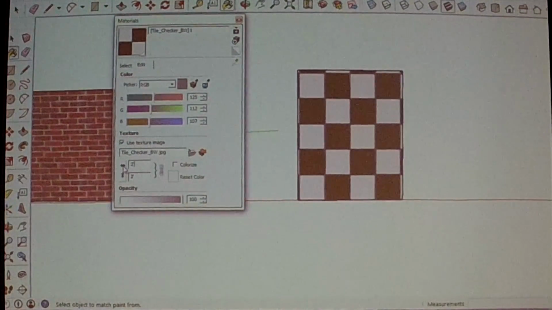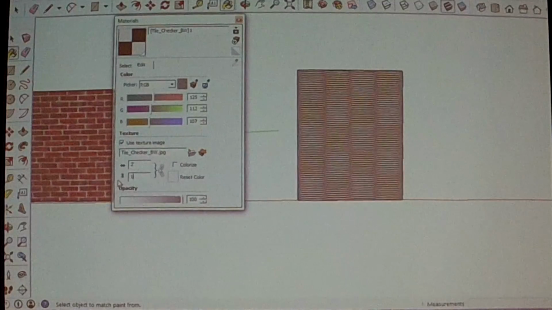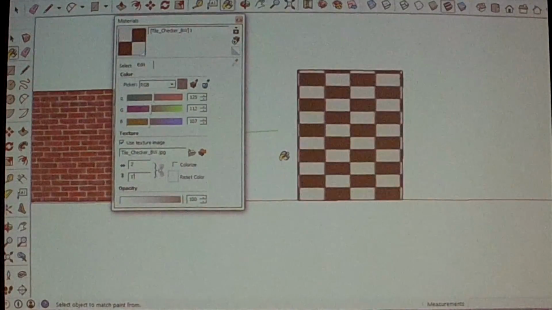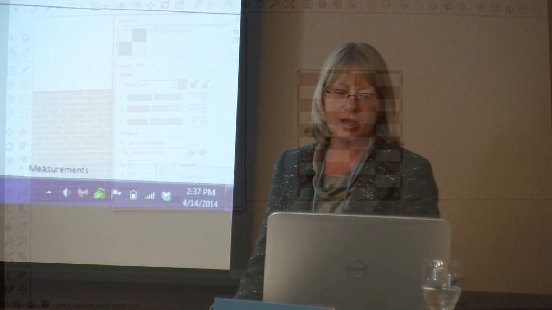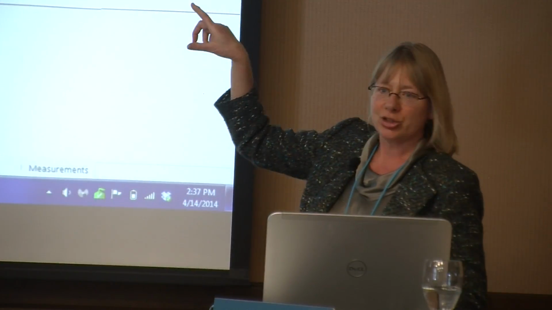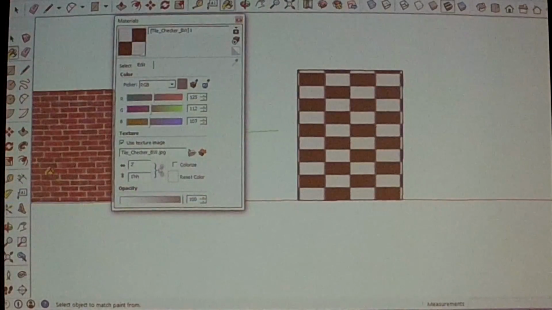I can also break this link, because if I change the horizontal, the vertical changed there. If I break the link and it's broken and type in 1 foot now, or that's 1 inch, so that I can change the orientation one direction and the orientation the other direction separately if I choose to. So this is great because they're little checkerboards, they're a foot, we can do the math in our heads. But if we go back over to this brick pattern,